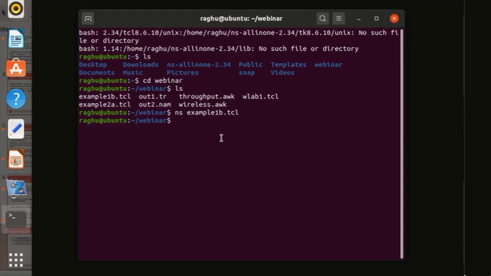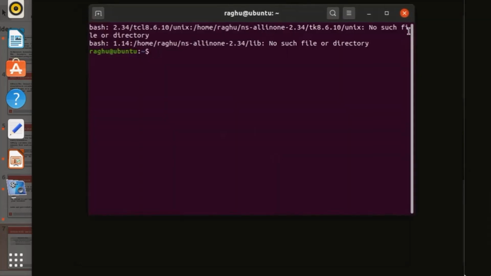Now some persons will be getting some errors, so no problem in that. Some people are getting errors in the NAM file. But first let me repeat the process again, then I will proceed towards solving the error. So how will we run the program? I will close the terminal and reopen it so that all of you will see it again. I have opened the terminal by pressing Ctrl plus Alt plus T. The terminal is open now.